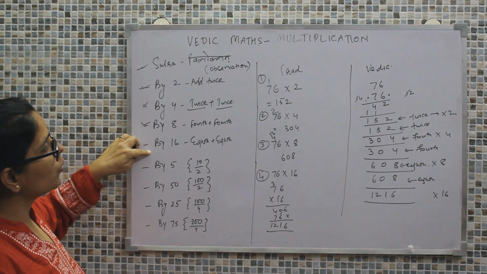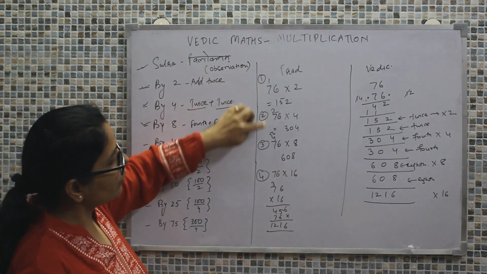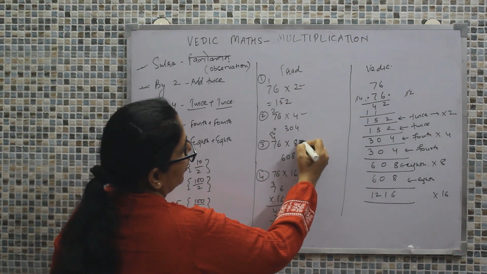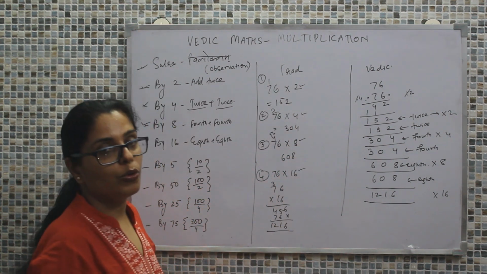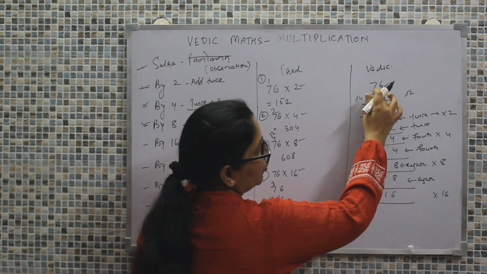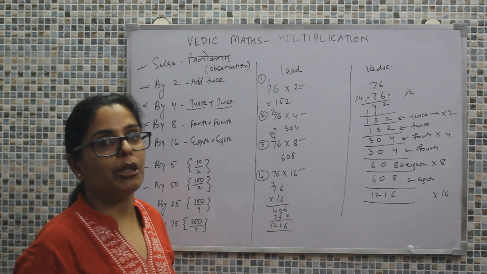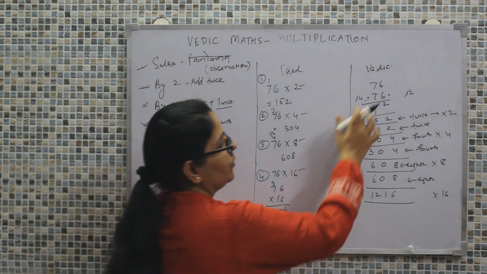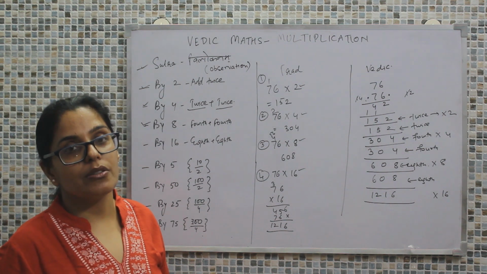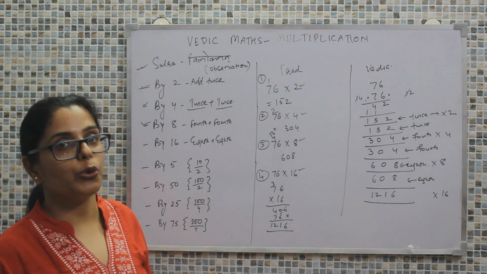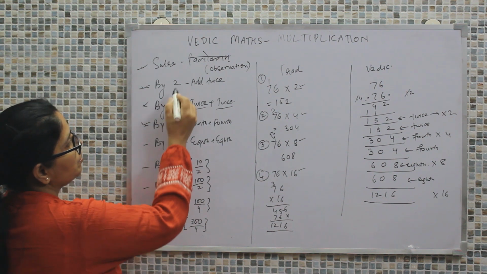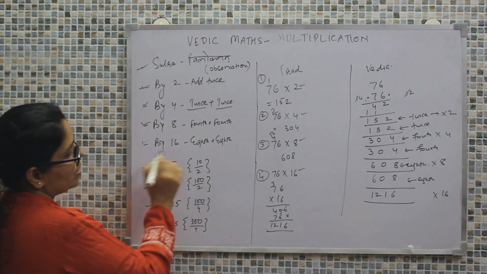And in all the cases what we have observed, when we are using the traditional approach, we need to remember the tables of 2, 4, 8 and 16. But when we are talking about the Vedic approach, for all the cases we never went with the multiplication process. We just went with simple addition, and as compared to multiplication, addition is always considered to be simpler and less prone to mistakes. Okay, so that was with the multiplication by 2, 4, 8 and 16.